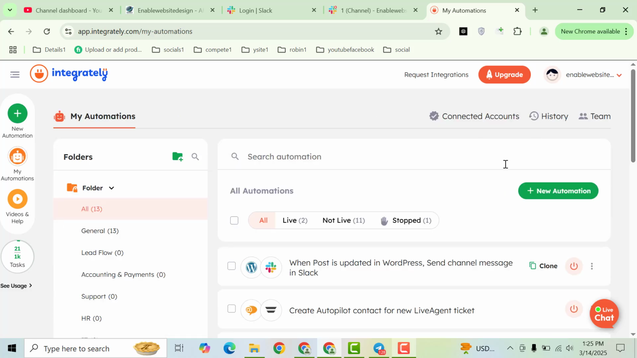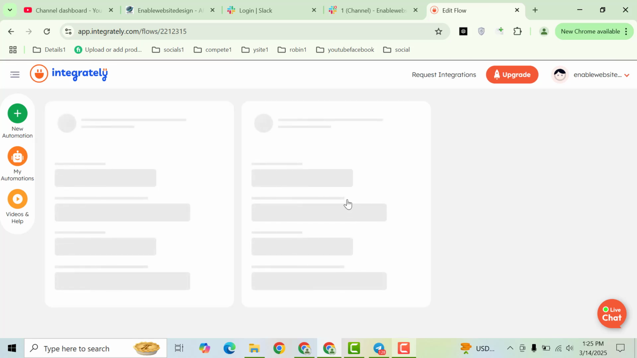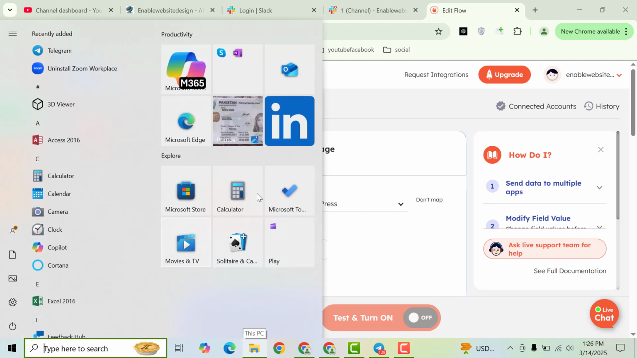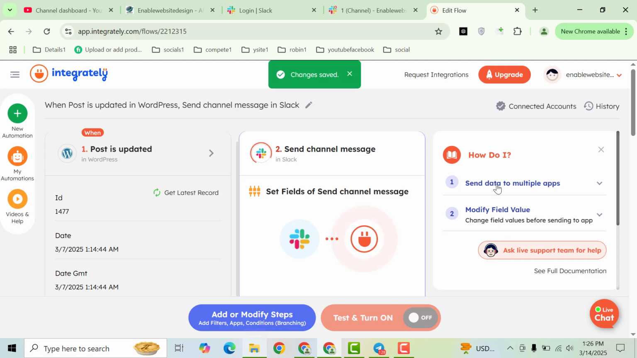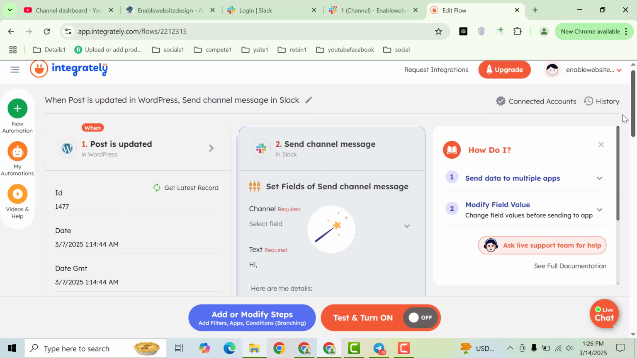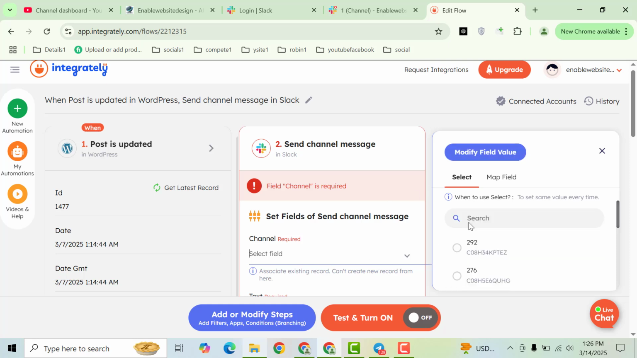Now I can go in my automations, click here, and then here you can see my WordPress website is connected. So now scroll down and here you can see now I need to select this field. So if you are doing it first time, then it will ask for the authorization. So now you need to map these fields